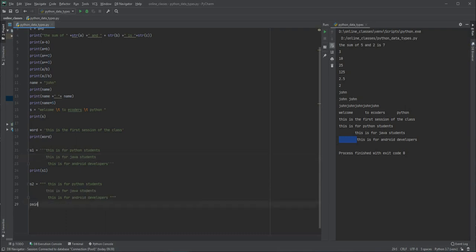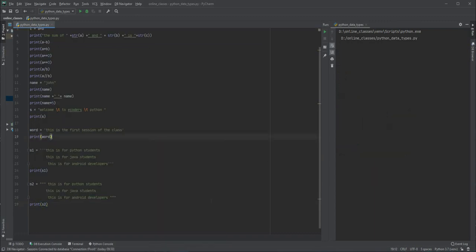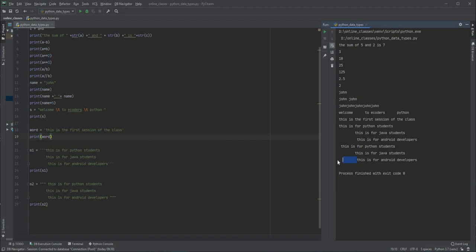Let us write s2 in the print statement and run this program. See guys, the same number of white spaces will appear as we have left over here. So these are a few common terminologies and methods in which you can assign values.